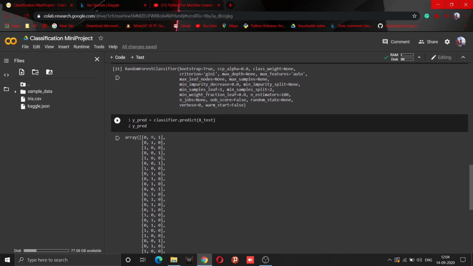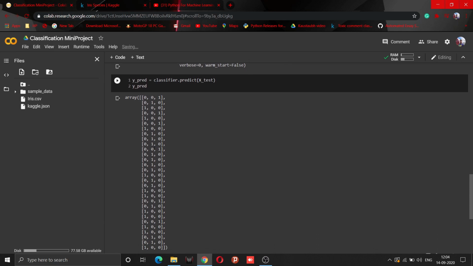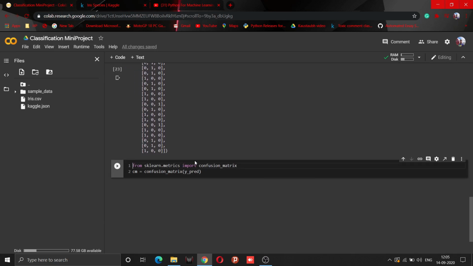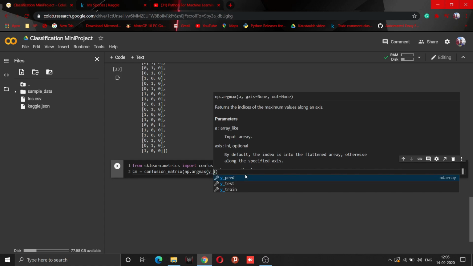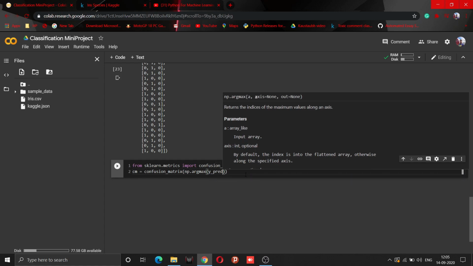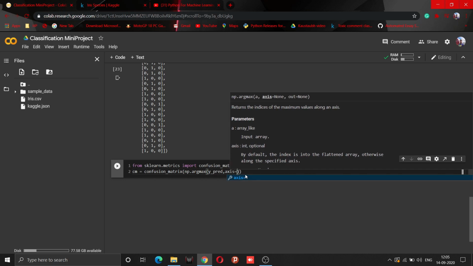As you can see, Y pred is an array, but we want only one value, so we can use argmax. np.argmax will just return the column which contains one. So we will use np.argmax and pass Y pred, and we want column wise, so we will use axis equal to 1.